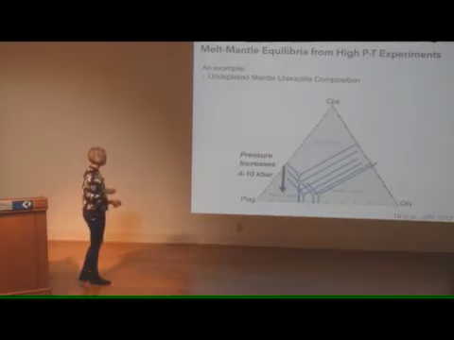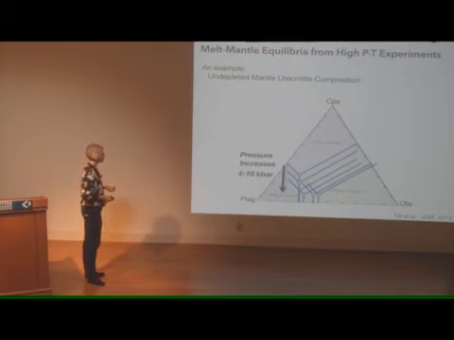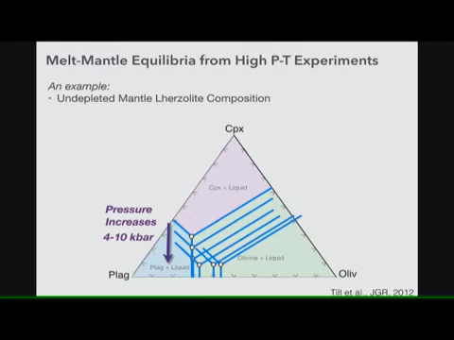As pressure increases, if I'm melting this undepleted lherzolite, the location of that eutectic shifts downward on this diagram. Starting at 4 kilobars, by the time I get to 10 kilobars, it's moved down in this direction. And then I transition from plagioclase lherzolite into spinel lherzolite, and as I increase pressure,